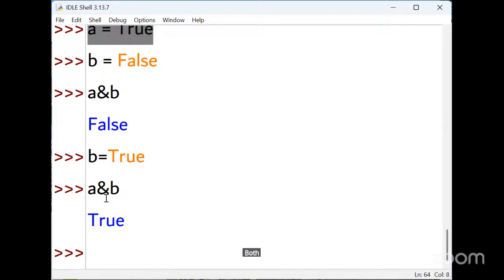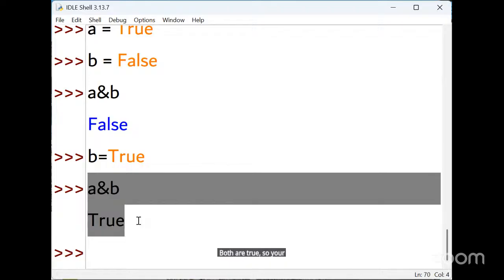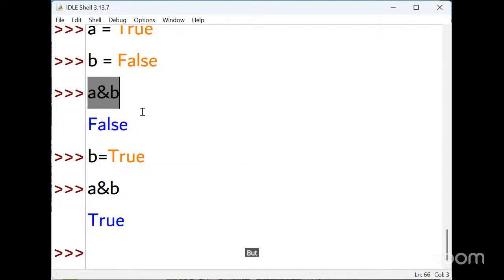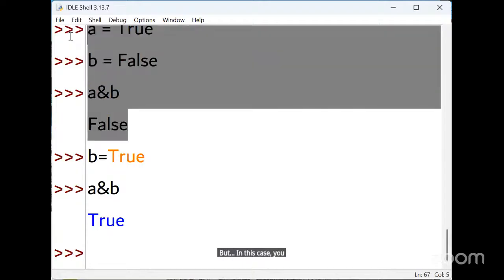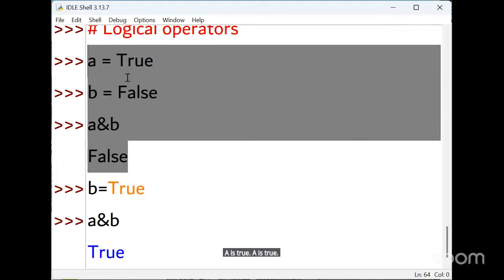Both are true, so your AND output is also true. But in this case, A is true and B is false, so A ampersand B is false. We already know this table.